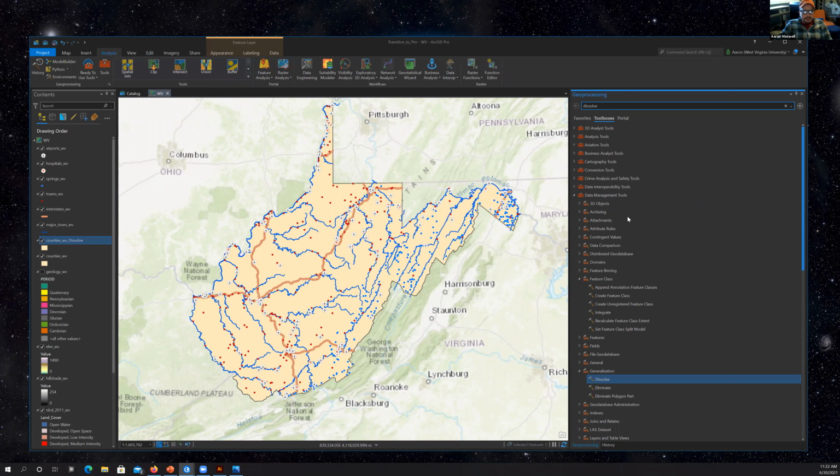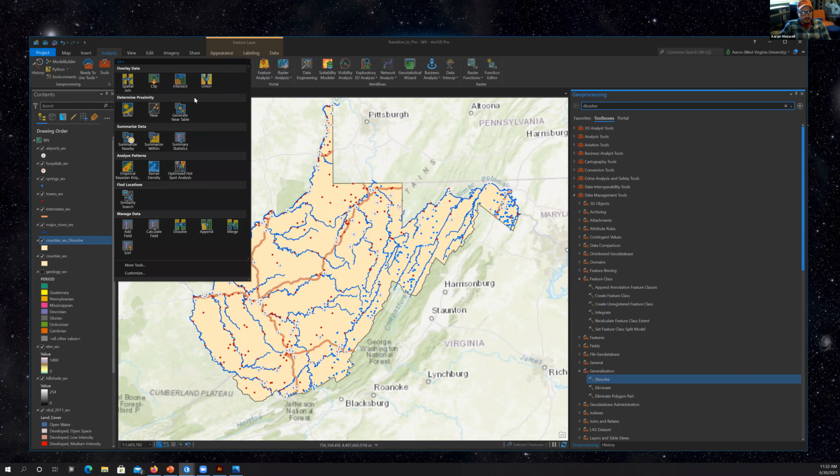Let's look at just some of the buttons up here. Again, some of the really common tools are in this tools area. If you click on this drop down, it lists a lot of those out. So that's another way to get the common stuff, or you can always just try to find them in the toolbox. Either way,